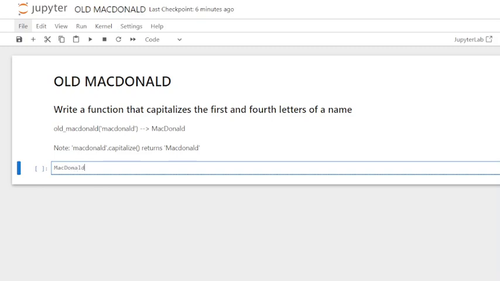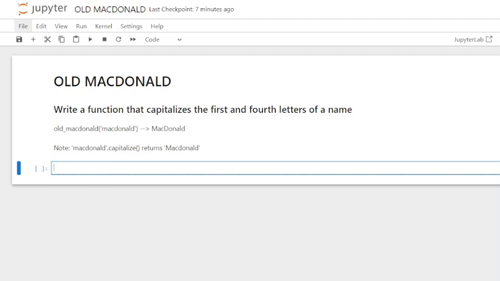We're going to actually spell the Mac, and what we want is the Donald to be capitalized as well as the Mac. We don't want capital C like this. We want to make sure we get the exact word spelled correctly with the correct capitalization. So we don't actually have to use any for loops, if statements, anything like that. It's a very simple